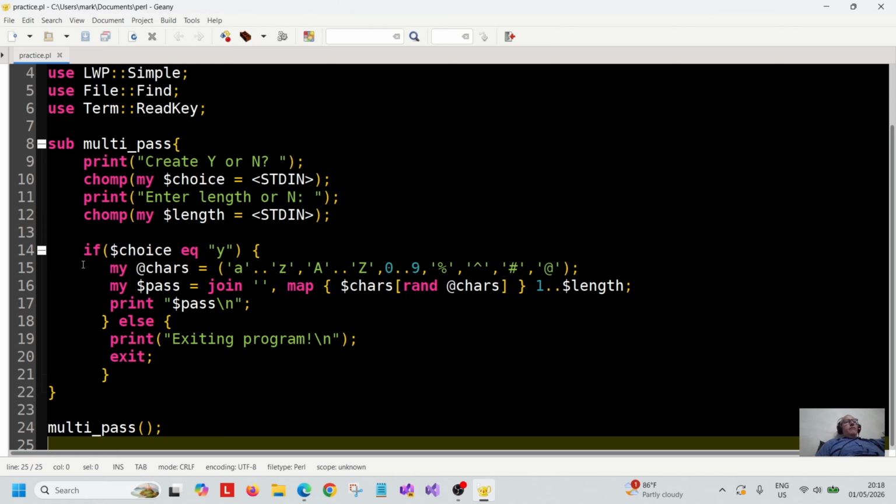Now we come down onto the if, which is a conditional statement, and we've created a variable here called choice. So if choice is equal to yes, so if the user types y in, then we've created an array called chars, which is short for characters, and we've put a to z, which is lowercase, and A to Z, which is uppercase, and then we're going to use numbers as well, 0 to 9, and then we're going to use these special characters here, so it will mix these in with the password. Then we create the scalar variable called pass, assign it to join, and then we join these characters together,